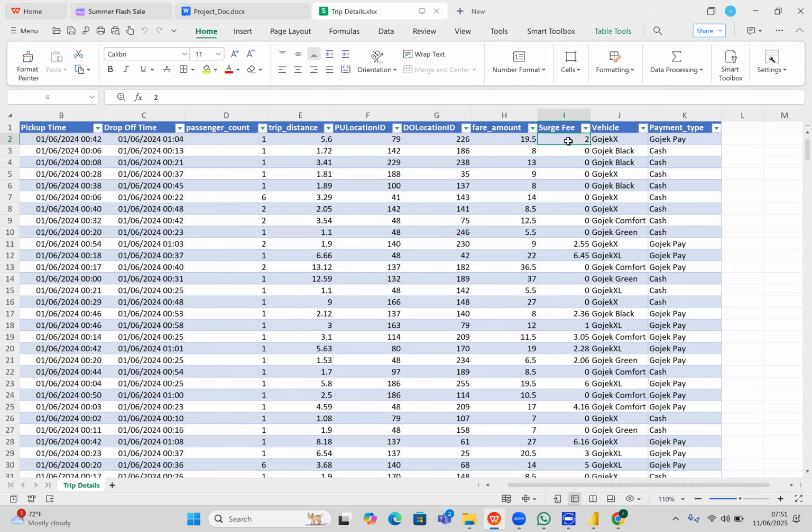So this is called surge fee. So basically, what is the type of vehicle you are choosing, whether it is a Gojek X, Gojek Black, Gojek Comfort, Gojek Green, basically what is it actually. Fine. Then what is the type of payment you are doing for the Gojek basically, whether you are using Gojek